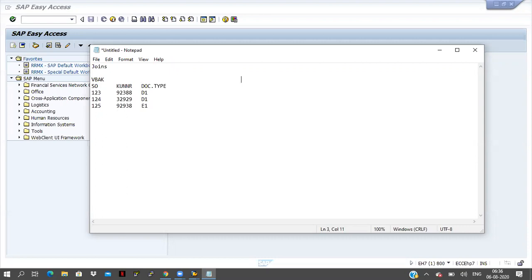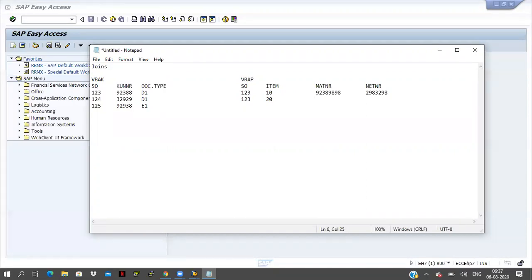Now I have one more table, that is VBAP. In the VBAP also I am taking the sales order number, item number, material number, and price. Here 123, the same sales document number, is coming, with item number 10, and a material number is coming, and the net price is some amount. 123 is repeating here, repeating for item 20, the same sales document number, and item number 20 is coming.